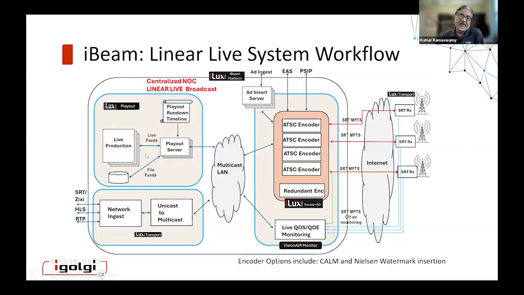Playout is basically either live or file feeds, can be SDI or it can be IP or it can be file feeds. Of course, you pull files, and then playout servers are playing to a simple rundown schedule. You create live channels, you create stream channels that are then fed to these banks of encoders, which are capable of doing ad insertion, EAS, PSIP, all of this gets integrated into these encoders, which is what our encoders do today. Our encoders are capable of doing all of these functions, including live ad insertion.